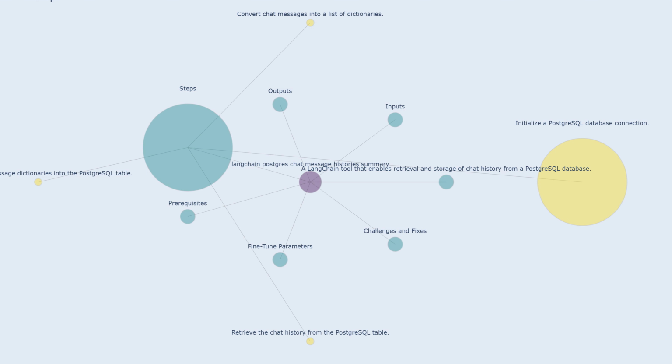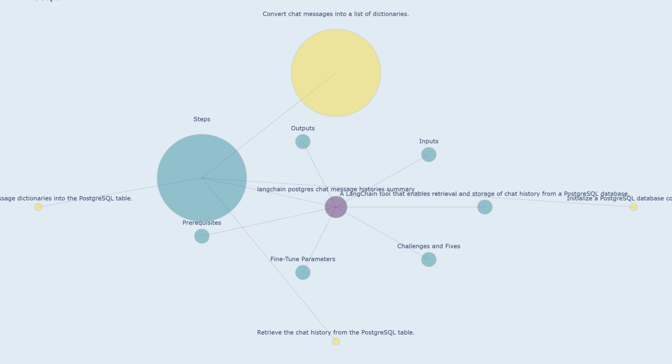Steps. Initialize a PostgreSQL database connection. This step establishes a connection to the database server using credentials and settings. Convert chat messages into a list of dictionaries. This step transforms the chat messages into a structured format, suitable for storage in a database. Each dictionary typically represents a single chat message and might include fields such as user, message, bot response, timestamp, and